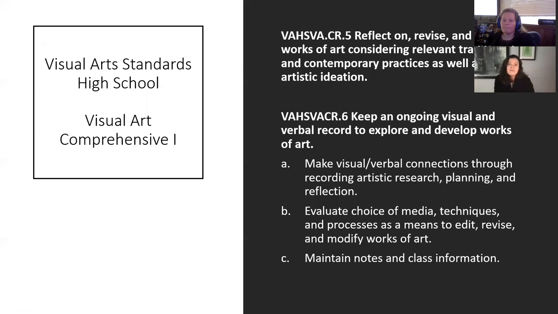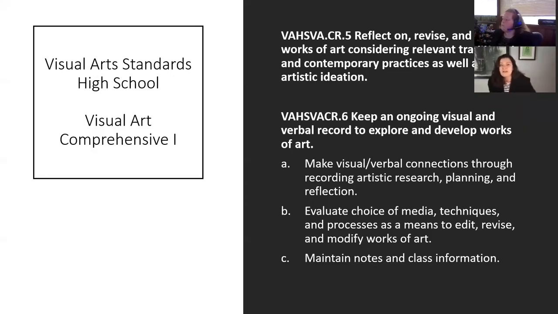And then for our high school social studies teachers, the students come in and out of elective courses depending on the semester. But the one art class that every high school student has to take first is called Visual Art Comprehensive 1. So it's always safe to look at the Visual Art Comprehensive standards of the GSC if you're going to grab a standard from visual arts to teach in conjunction with your social studies standard. So this one's talking about the